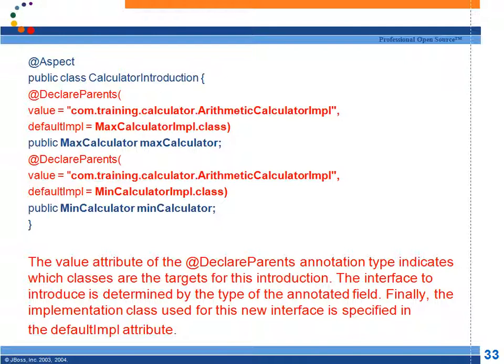Write an aspect and declare two variables, max calculator, min calculator, and use annotations, declare parents. Default implementation. This is interface type. Default implementation is this one. And this is interface type. Default. Right? If you do like this,